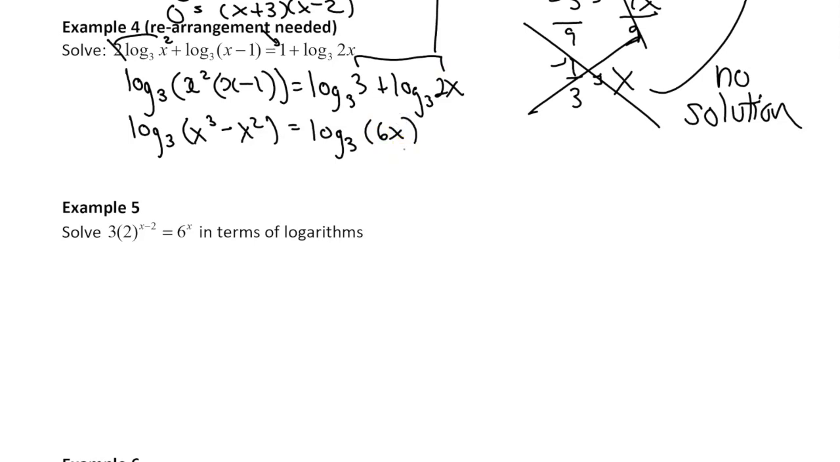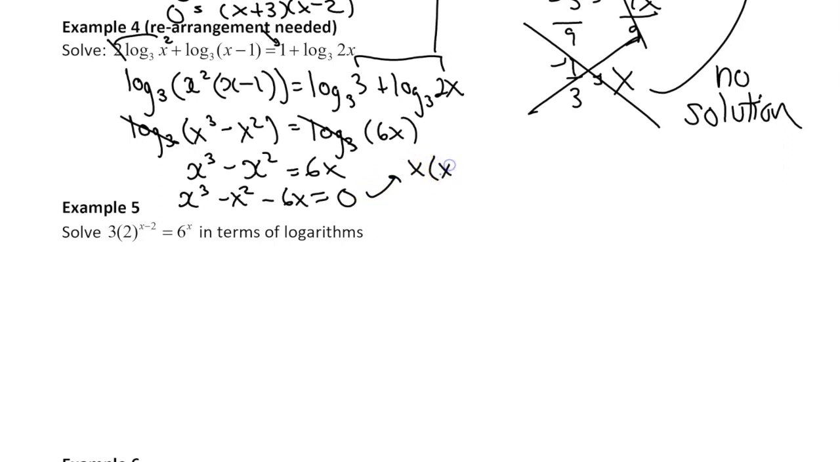So from there, you could say, well, the left side and the right side both have log base 3's. So I can drop the logs, and then we could say x cubed minus x squared equals 6x. Let's subtract 6x onto the left side, and then we could factor out an x. So if I factor an x, I'd have x squared minus